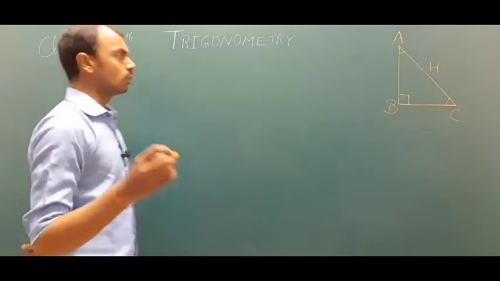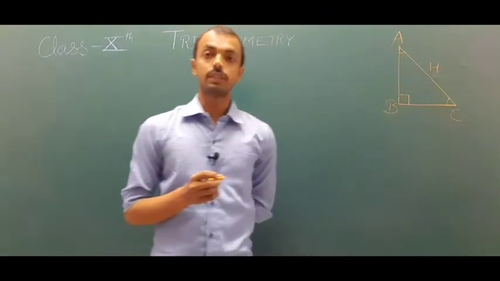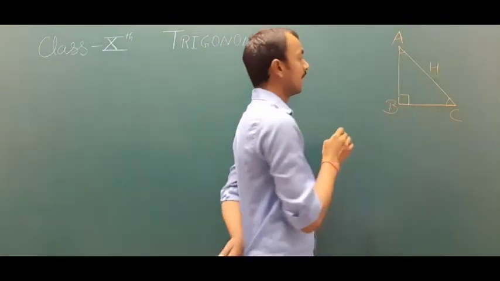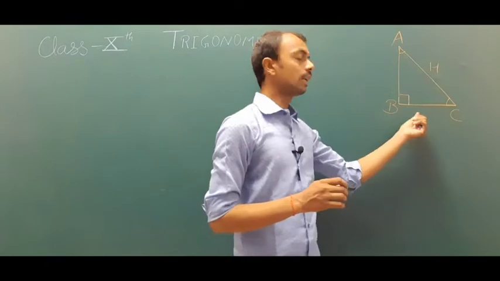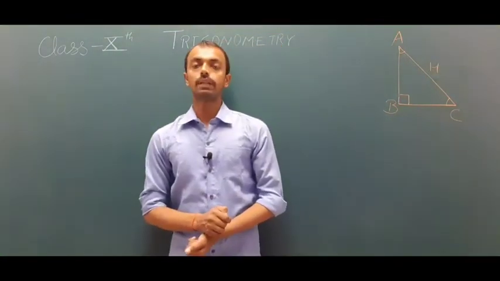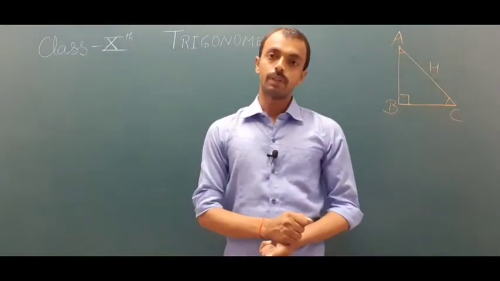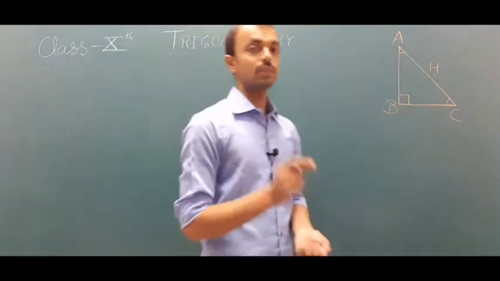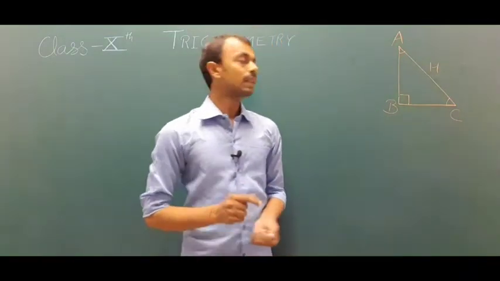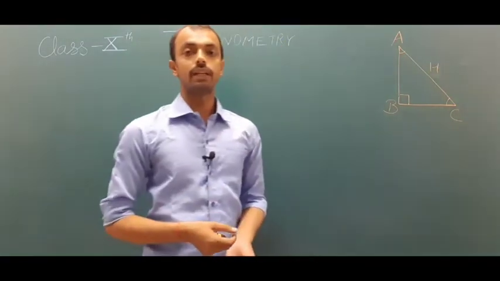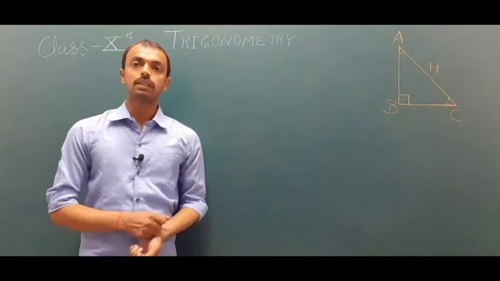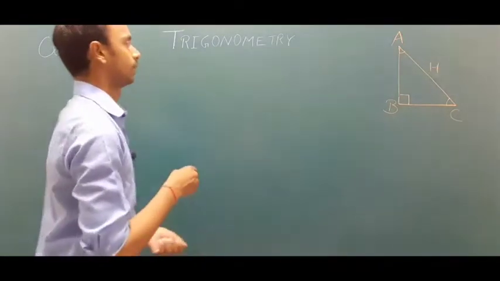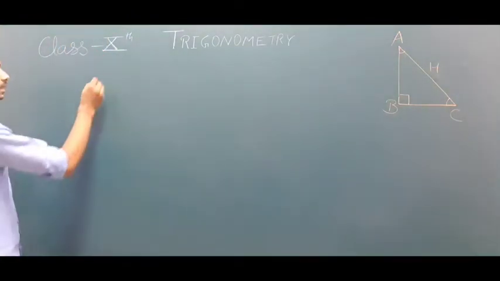Okay. Now the most confusing part comes over here. The students get confused that, sir, which one do we have to take as base and which as perpendicular. Now if I say just forget perpendicular and base, just forget those terms. I will tell you an easier way than perpendicular and base so that you will easily find out the ratios of trigonometry. Now let's start with sine.